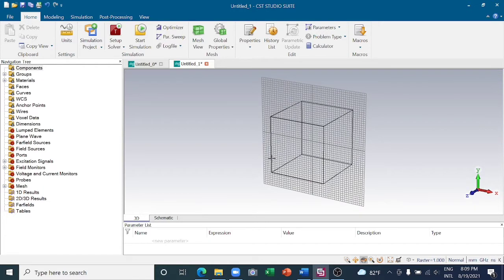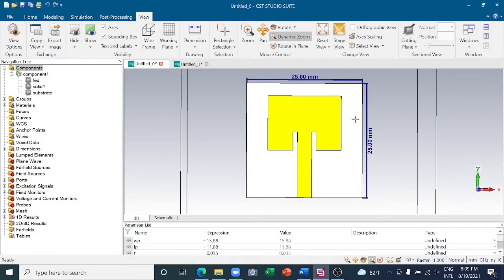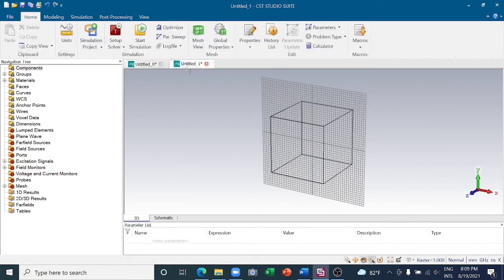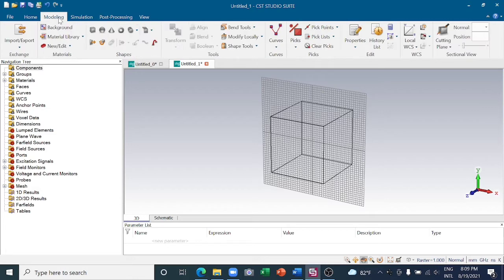Now we will create the substrate. So we know the dimension of the substrate. As I mentioned before, the length and width of the substrate and ground will be 25. So we'll do that. For that, go to modeling,